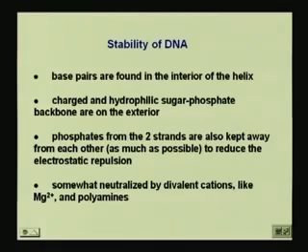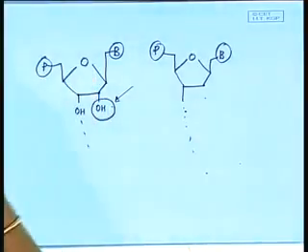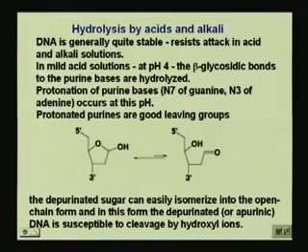Some of this is neutralized by polyamines. Why would they be neutralized by polyamines or magnesium? Because they are positively charged, they counteract the negative charge of the phosphate and result in stabilization. Usually magnesium and polyamines result in the stability of DNA. So DNA actually is quite stable, and in mild acid solutions at pH 4,